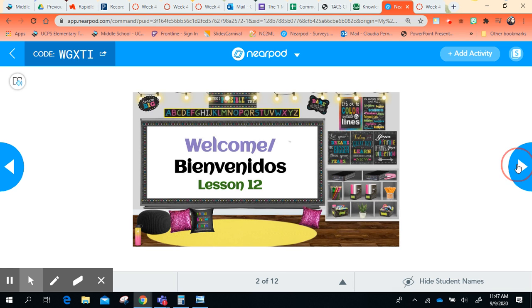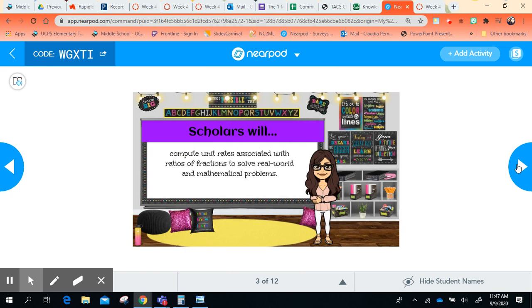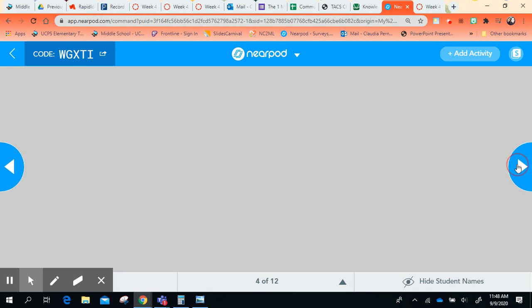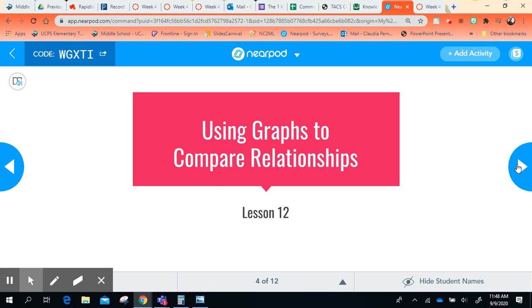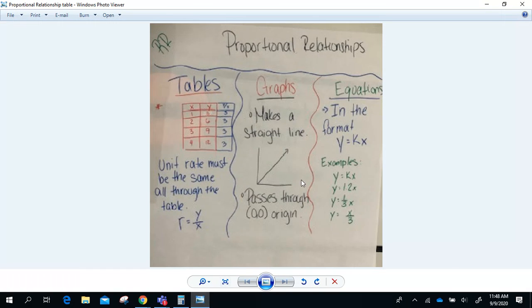Okay, lesson 12. We are continuing. This is our last week with unit rate. We are computing unit rates associated with ratios of fractions to solve real-world and mathematical problems using graphs to compare relationships. Before we move forward, we are going to do a quick review of how we know tables, graphs, and